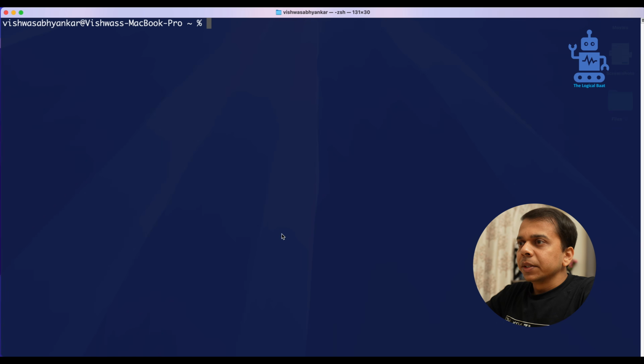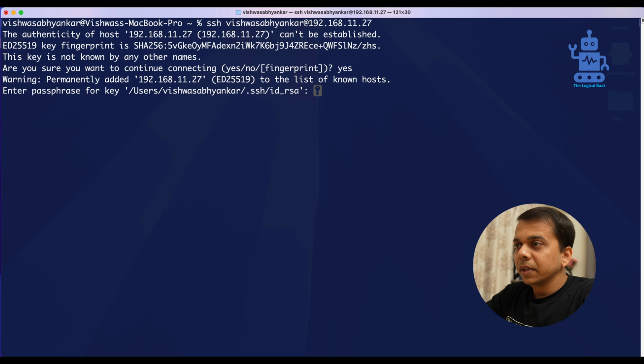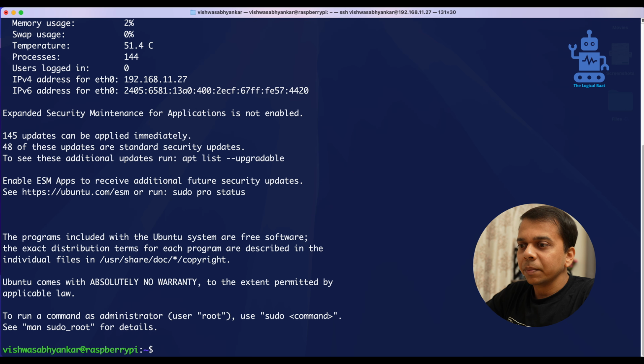Okay, so as you see on the screen, I will now SSH into my Raspberry Pi. Okay, so the command is SSH, my username on the Raspberry Pi, then the IP address 192.168.11.27. This IP I checked on my router and yes, I could connect. I will click yes. I will enter the passphrase for my SSH key and I am logged into my Raspberry